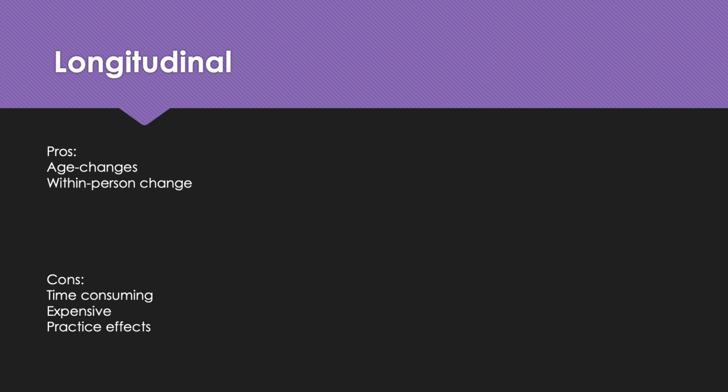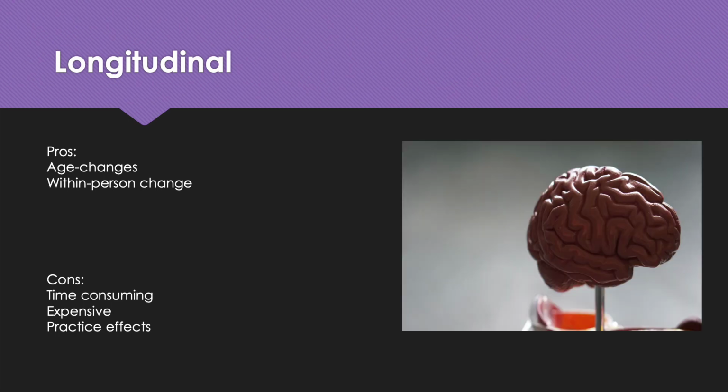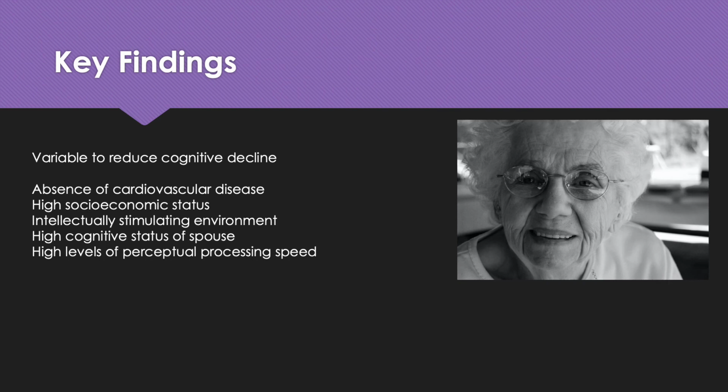Just basically realize that cross-sectional studies are good for taking a snapshot. It can show age-related differences, but not changes. And longitudinal studies can actually show changes within the individual. So there have been a few different really famous longitudinal studies. The Berlin Aging Study is one of them, but the Seattle Longitudinal Study is the one that I'm talking about now, and some of the findings they have are very much in line with what we see from research today